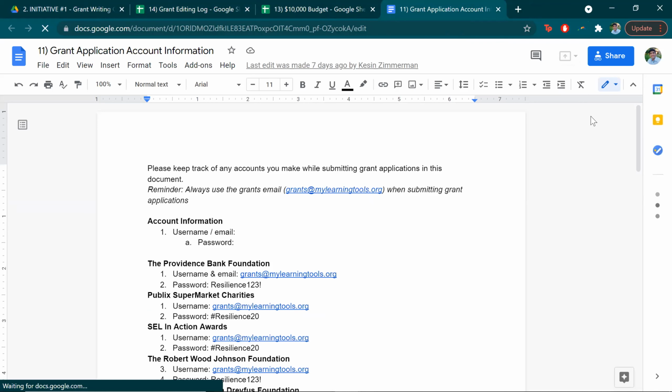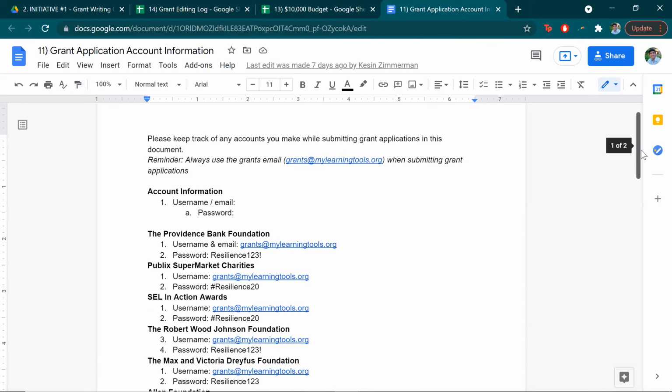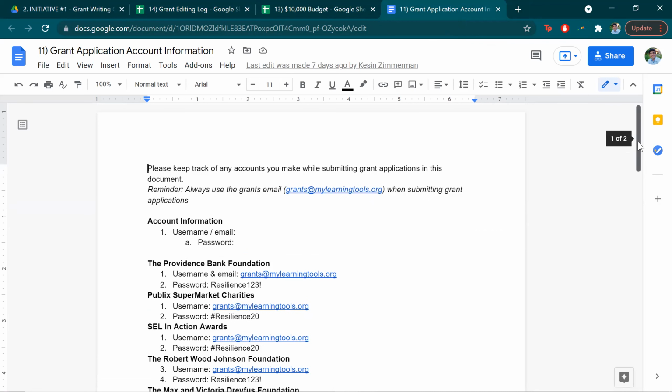And we'll first be going over the grant application account information. There's not much to explain on this document. The only thing is that this document is used to add any of the accounts that our grant managers have made in the past. So in the case that you try to access a grant application and the foundation leads you to a website or a platform in which you have to create an account,